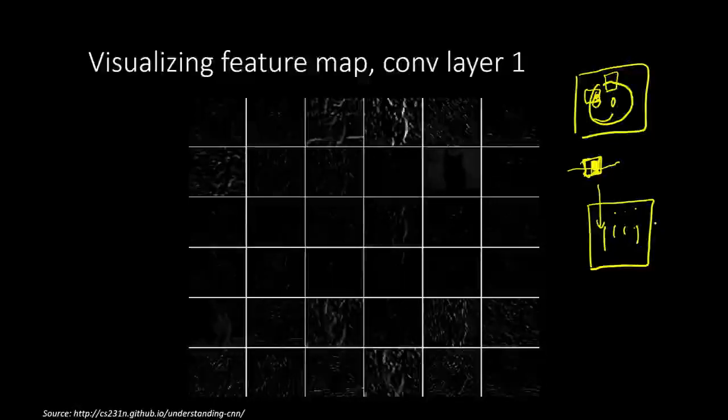So because of this, when you look at the response of the first layer, different kernels of the first layer, you will see that these are the vertical edges that were detected, these are the horizontal edges that were detected by another kernel and so forth, and these perhaps could be some texture or some color that was detected for some particular image. So this is for the first convolutional layer.